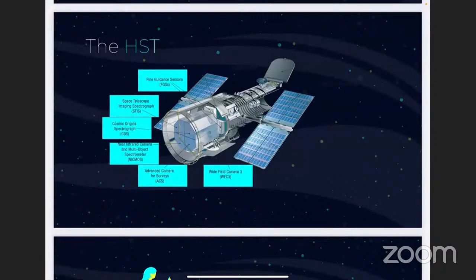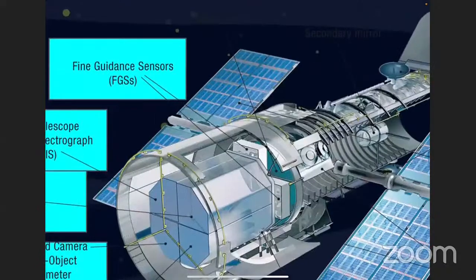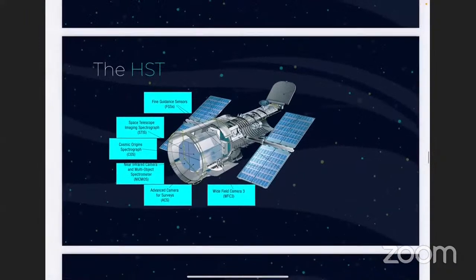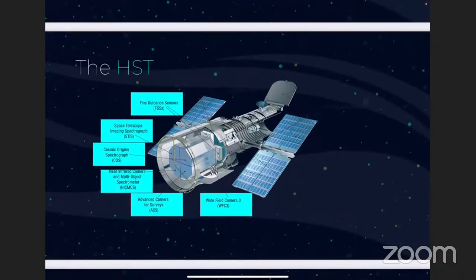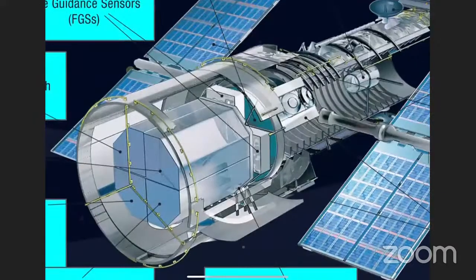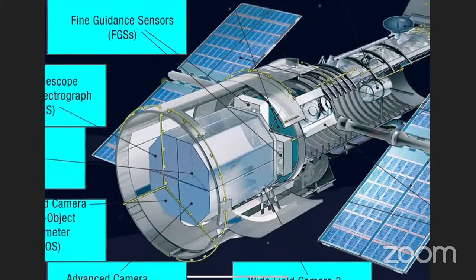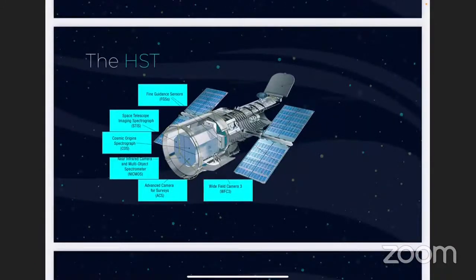Number 6, we have the fine guidance sensors right over here. There are 2 of them. One is right here and the other is right here. 2 of the sensors lock onto the stars and keep the telescope pointed in the correct direction. The third sensor does scientific observations, precisely measuring the distance between stars and their relative motions. So there is a third sensor, however, it's at the bottom, so we can't see it right now. And it basically just locks itself onto specific stars or planets, since everything in space moves.